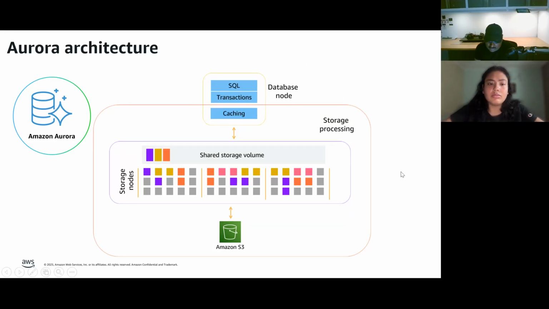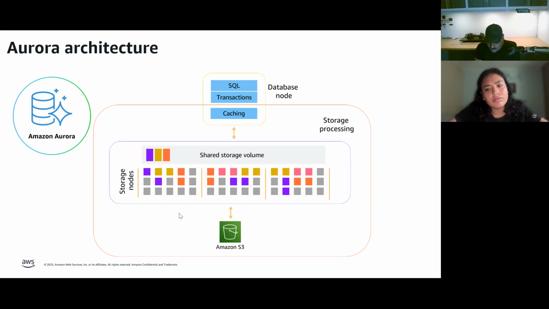Another major advantage, especially with Aurora, is its storage. In Aurora, every single write, let's say if you are inserting one record, takes 6 copies of the same record, and it stores that record into 3 availability zones. An availability zone is nothing but a geographically distinct, isolated location within the same region.